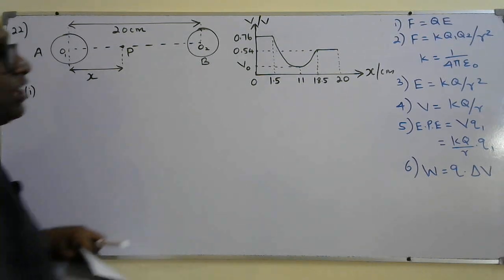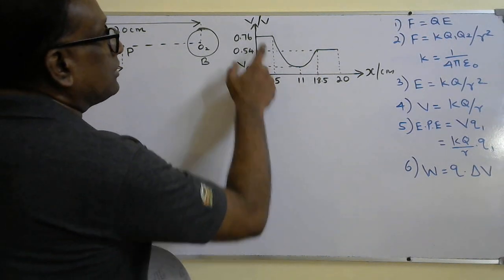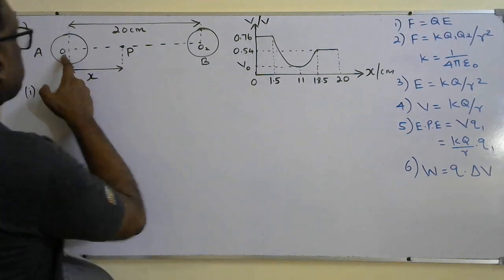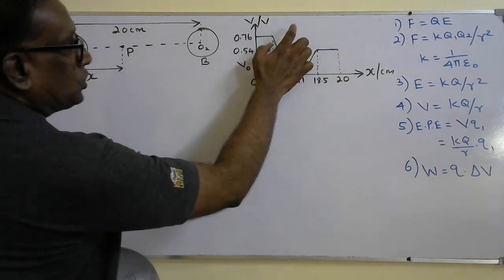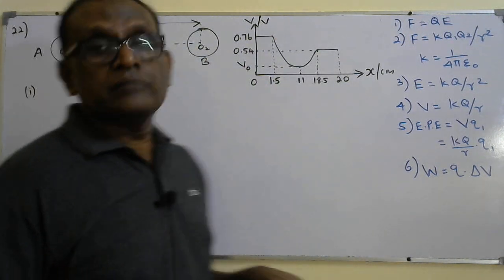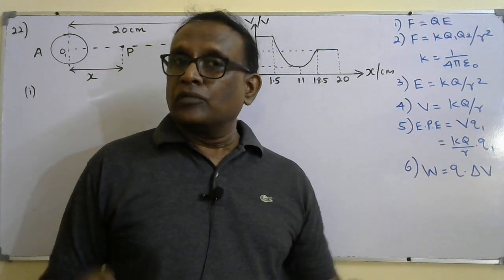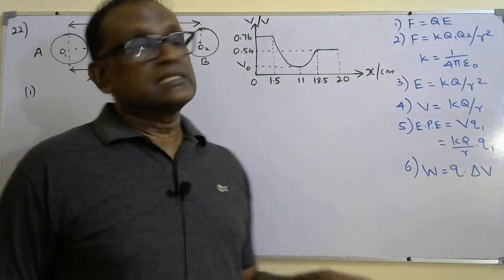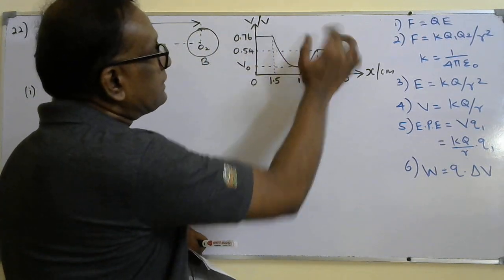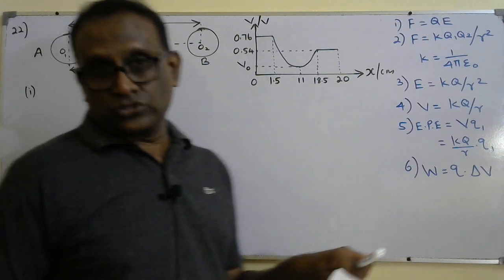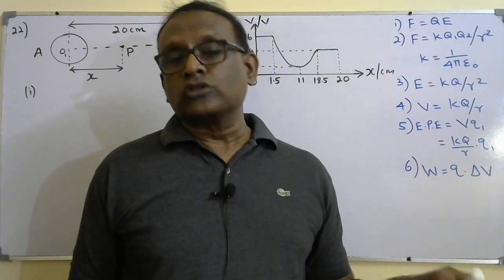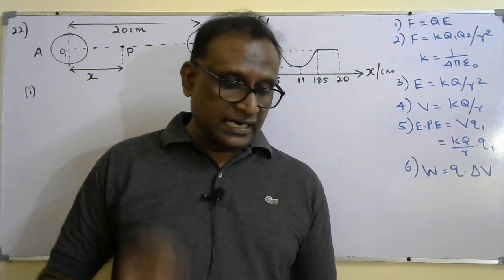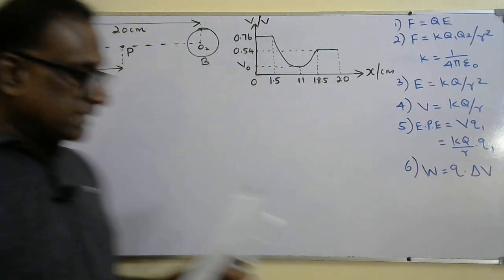So the answer: when you consider the potential graph at any point from O1 to O2, the potential is shown on the positive side. Therefore, both spheres are carrying positive charges. On the graph, the potential is always on the positive side, so both are carrying positive charges. That's the answer for the first part. Second part,